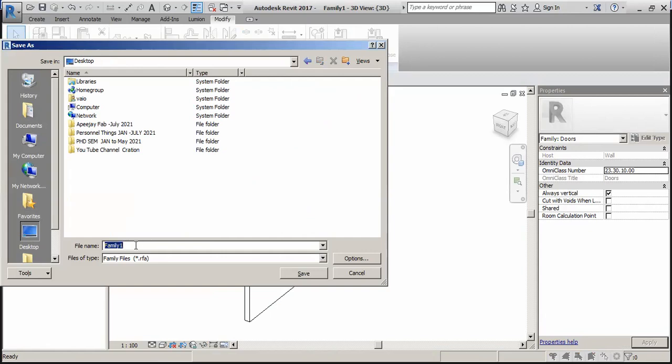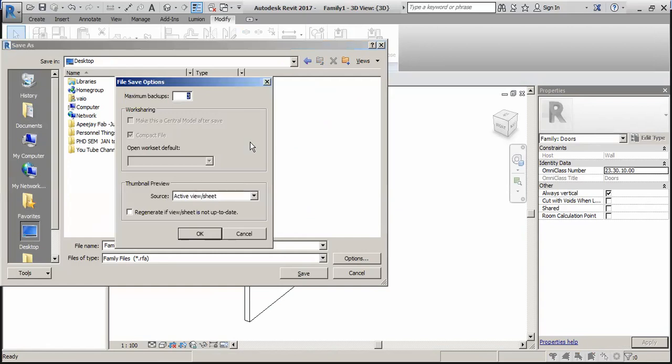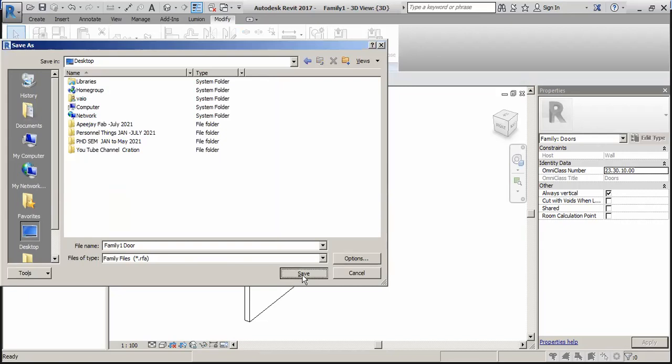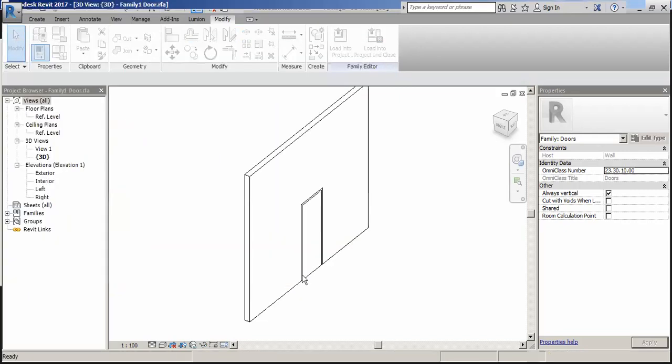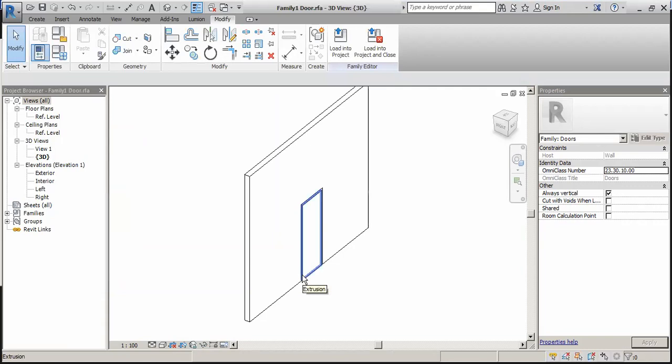And I wrote this as family door. Options. It is asking for 3 backups. I'm taking 1 backup only. Okay. And now save this. So this family has been saved.